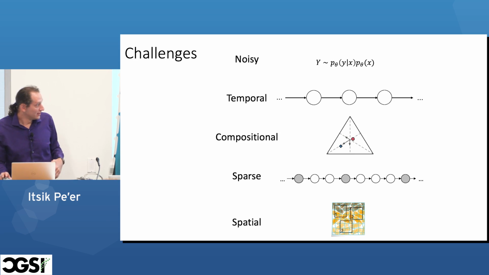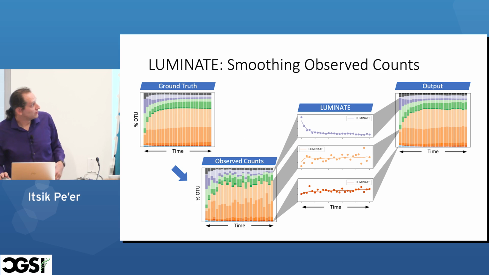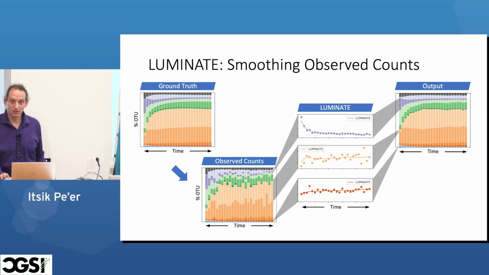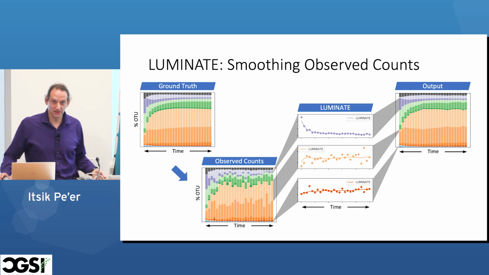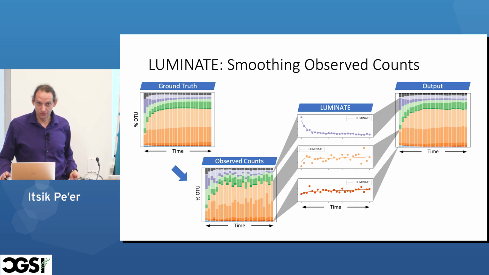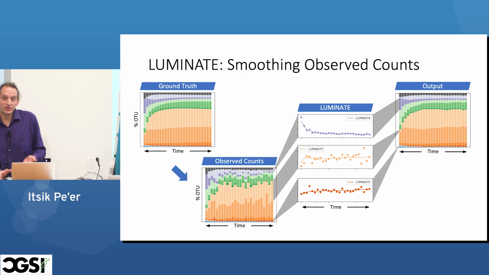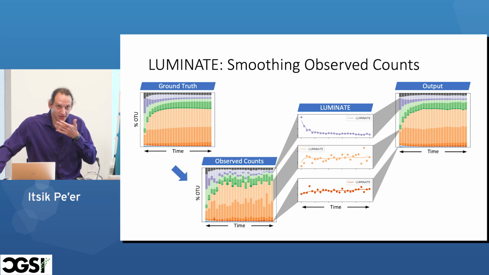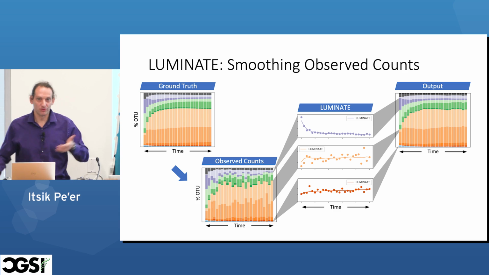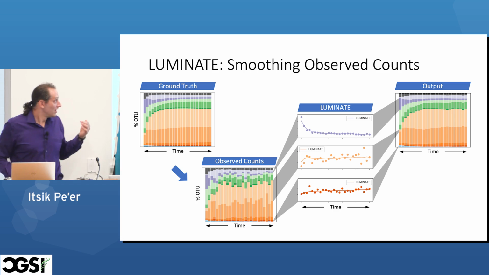So our goal would be to take these data and go through each of the taxa and figure out what we think is the more appropriate curve that describes the actual trajectory, so we get a better approximation of the ground truth. Now, smoothing data points is a very generic data science task. People have been doing that with lowess curves or whatever for ages.